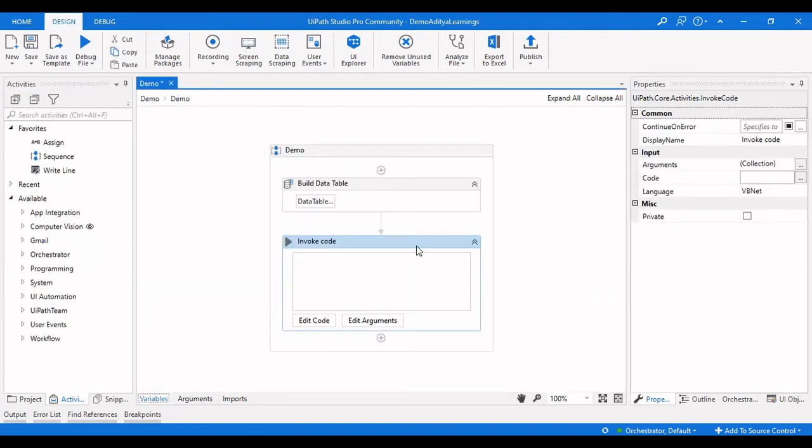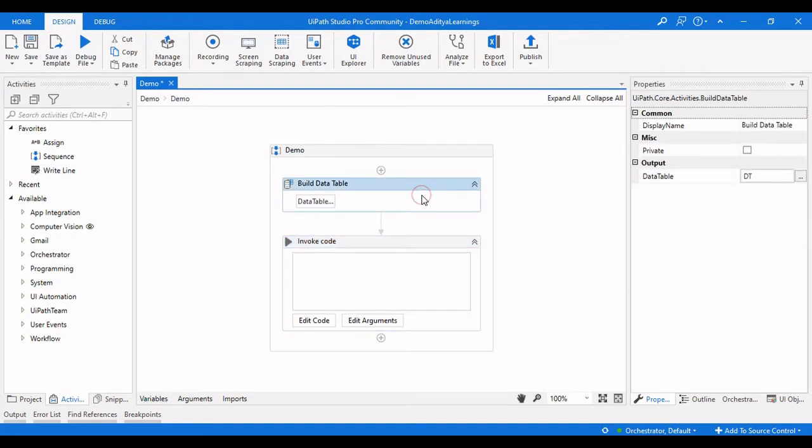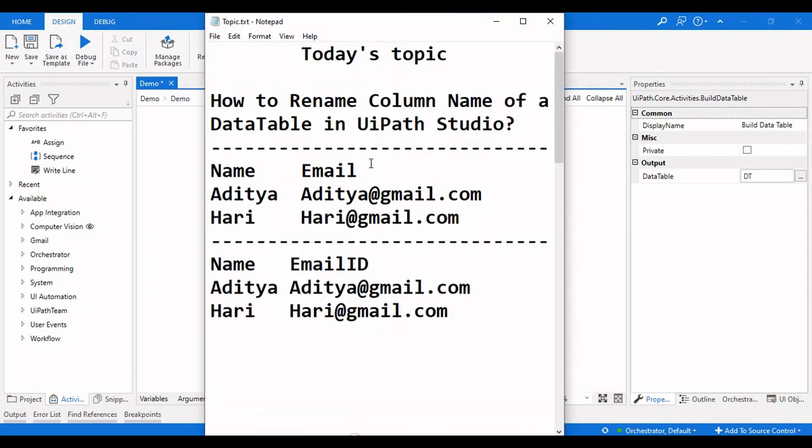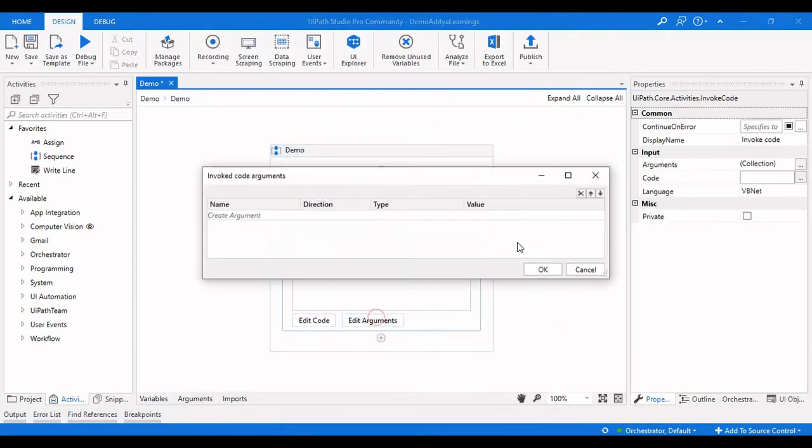What are the inputs for this invoke code activity? We need to send the data table as an input, and then we are taking a data table as an output, and the first column name, which is this one, and then the new column name, which is this one. These are the 4 arguments that we need to pass in order to rename a column name.